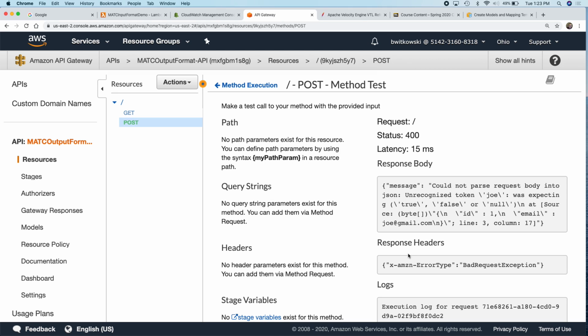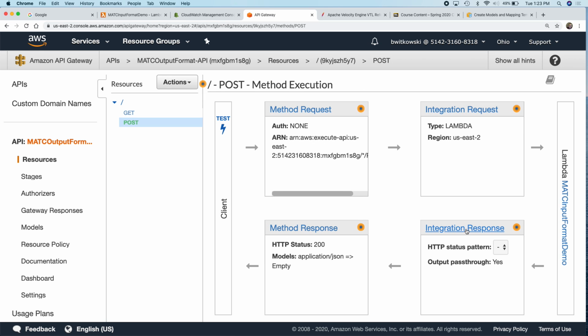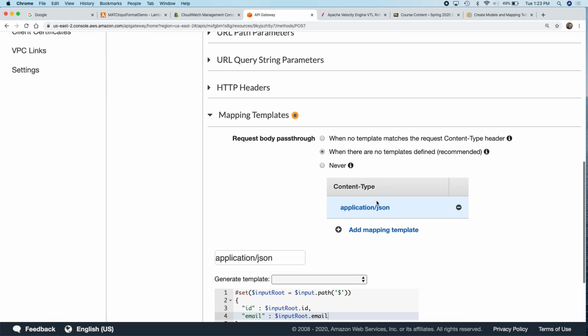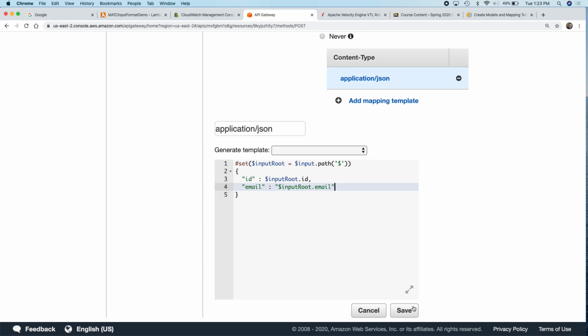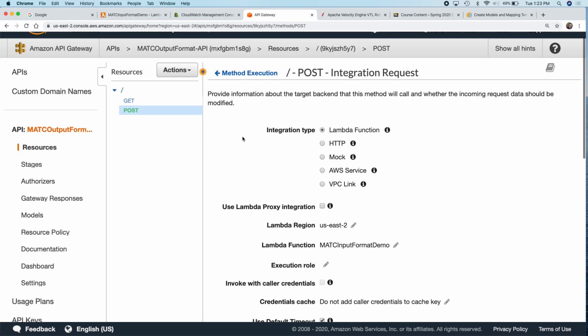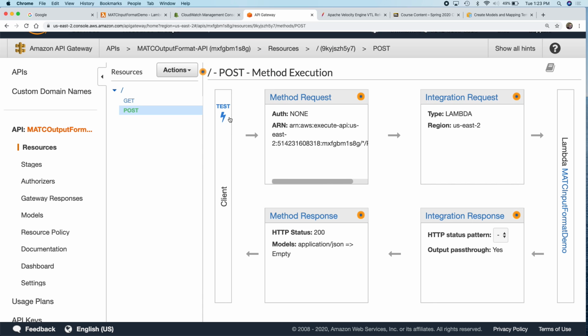It's nice when you already know what the error is, but if you don't know what's going on, it kind of looks right without putting quotes there, but I need quotes around my template. So I need quotes around this email for it to be valid JSON. And now if I test this,